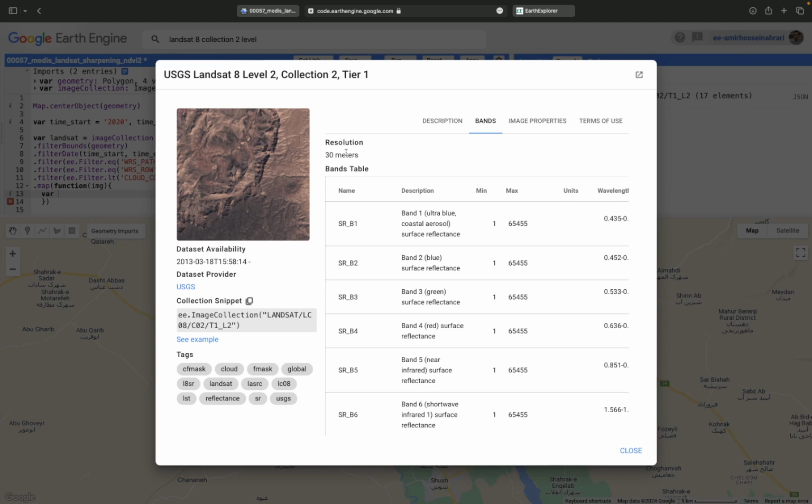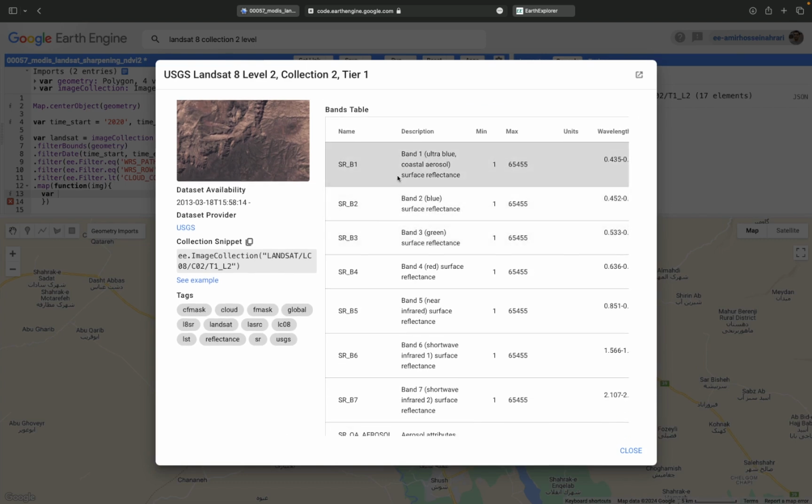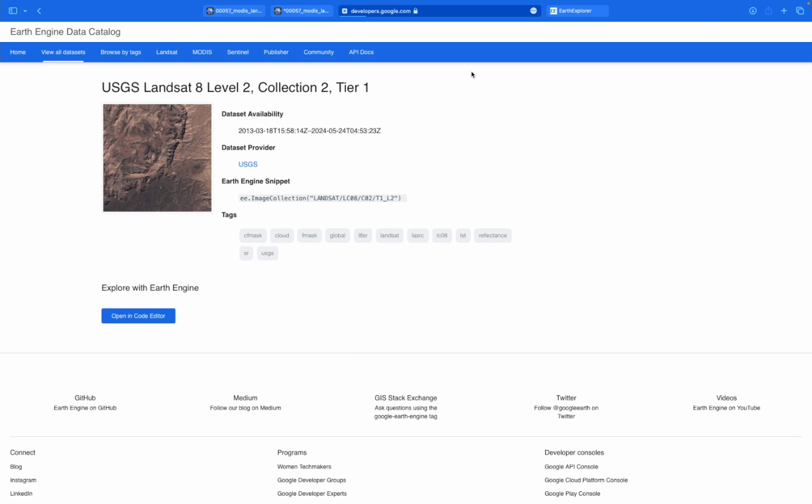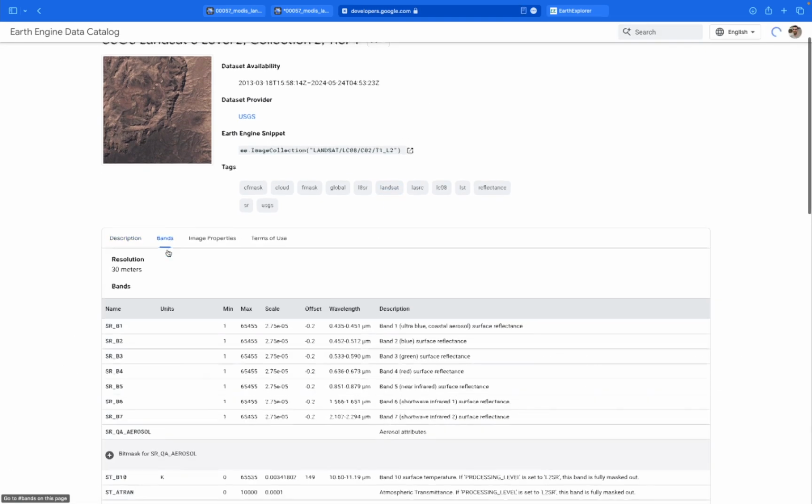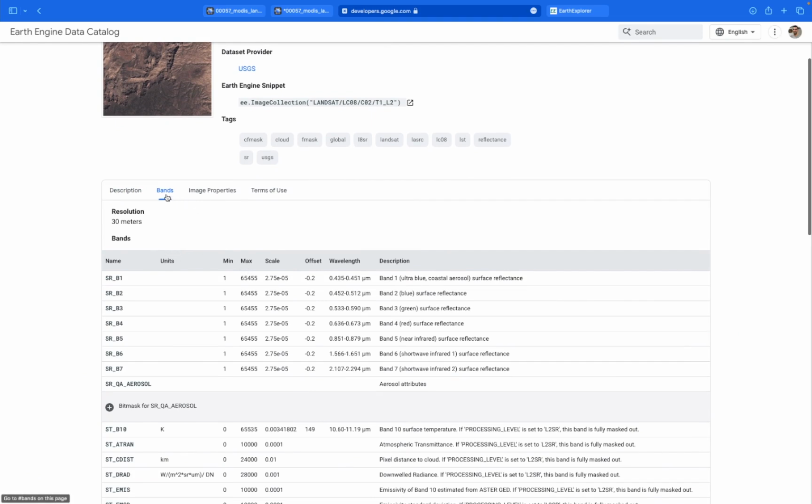In the bands, in addition to the spatial resolution, the multispectral bands are available. In the new page, you can see better with more details. Under the bands tab, you will see that we have scale and offset values that are available